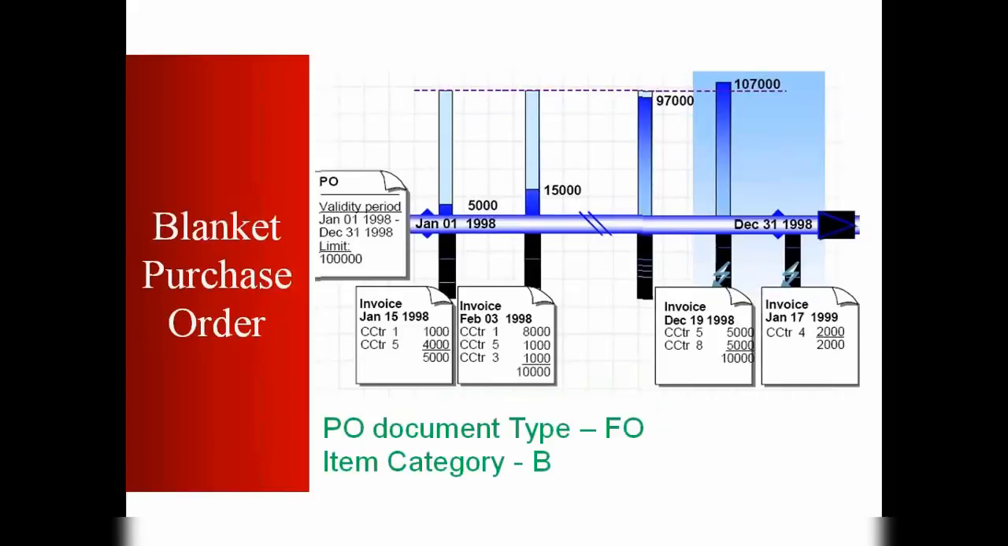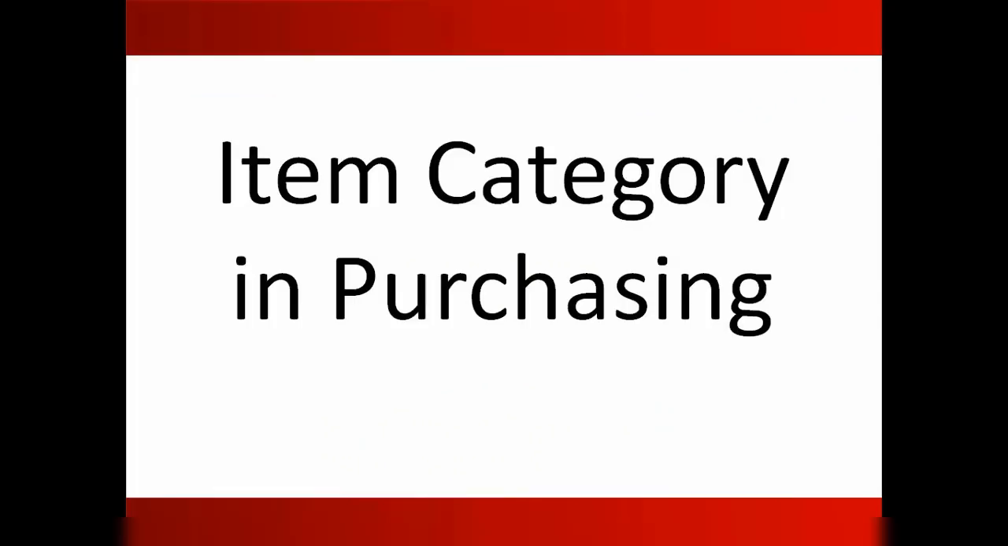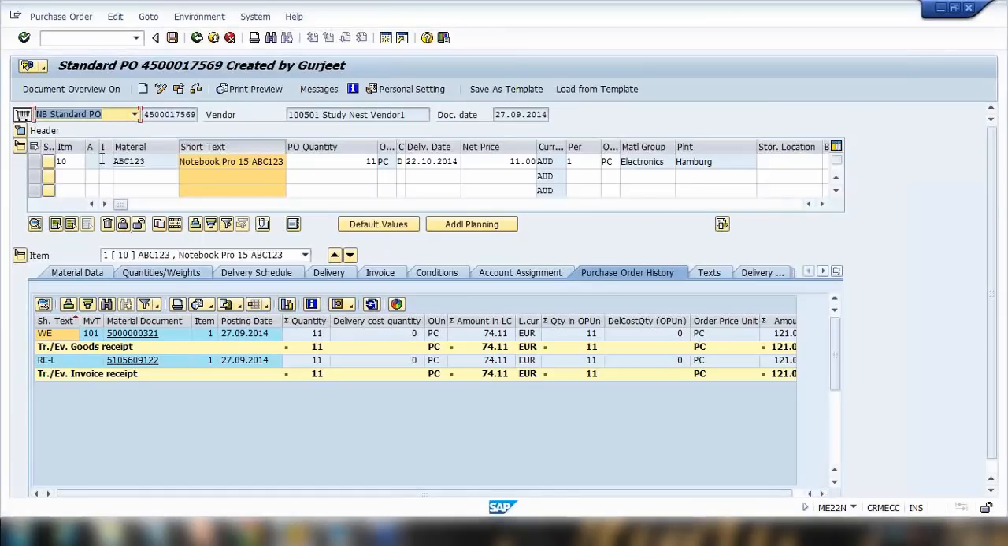Now I will be discussing item category in the purchase order. So what is item category? Item category specifies whether a material number, an account assignment, a goods receipt, and or an invoice receipt are possible or required for an item. Okay, that means we're saying that whenever you create a